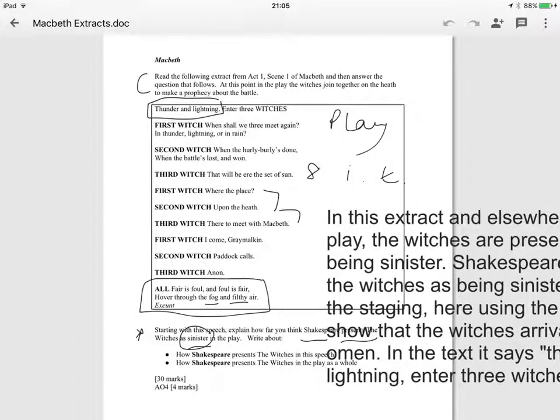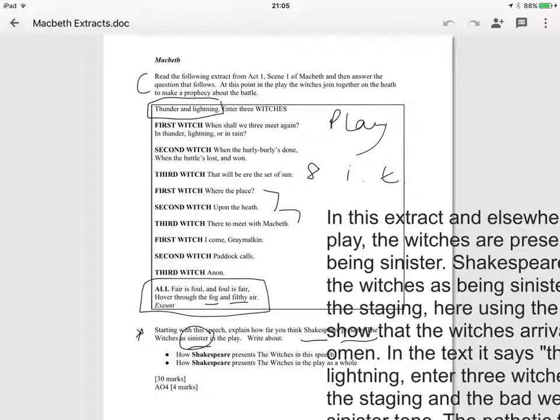And then I go on to say something like that, to perhaps recognise that it's a play, to get a bit of context in. So I'd say, "Here," capital letter would help. "Here, the staging and the bad weather a sinister tone," so I'm using the question wording. "The pathetic fallacy